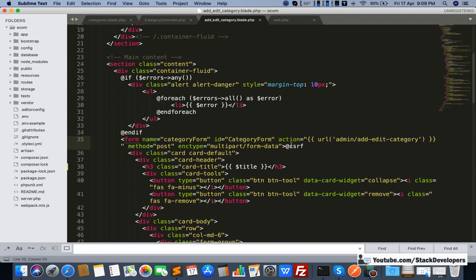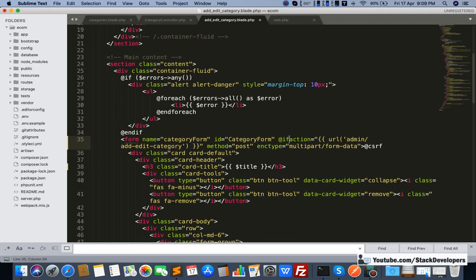So I am going to add the condition here, like if category data is not coming, then it means that it is the add category form, and if the category data is coming, then it means that it is the edit category form. In fact, we can check whether the ID of the category is coming or not. We can get the ID of the category from category data as well.